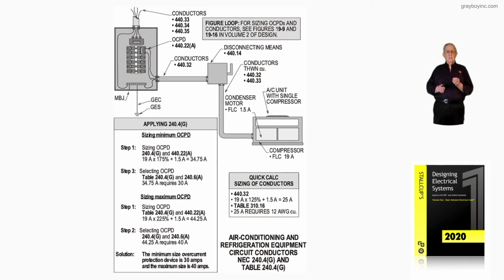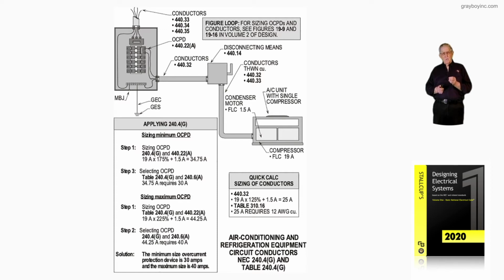When the math is done and adding done, we come up with 34.75 amps. Now, there's no exception in 440.22(A) that allows to go above the percentage of 175. So we would round that down to a 30 amp device